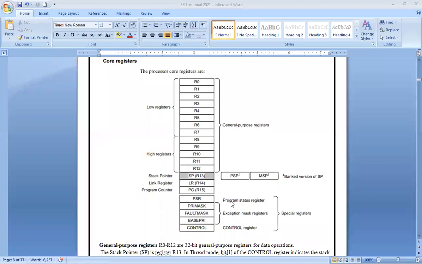Your PSR, the program status register, and your control register are all for masking purposes. These are also called special purpose registers.